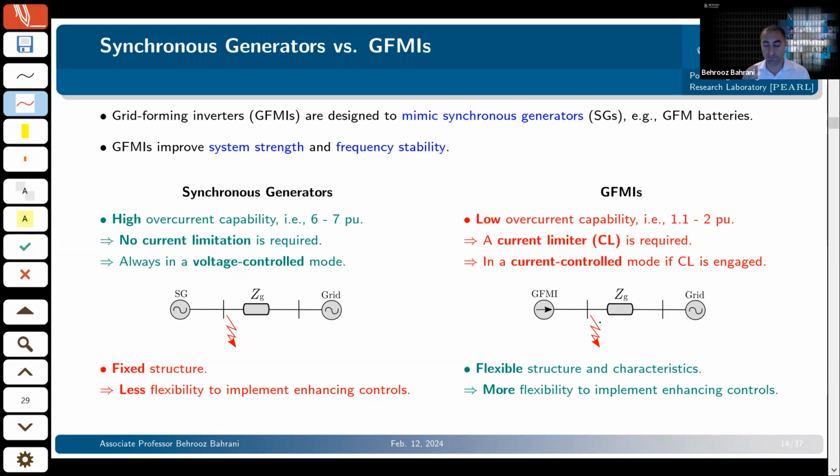But at the same time, your grid-forming inverter comes with lots of flexibility because everything is control. So you can control your inverter, you can manipulate the controllers that you're putting in the structure. You can change the swing equation parameters. You can actually put other mechanisms in that control structure to help your grid-forming inverter to stably operate and go through the fault that is happening. And you want to make sure that you can stably operate and go through the fault.